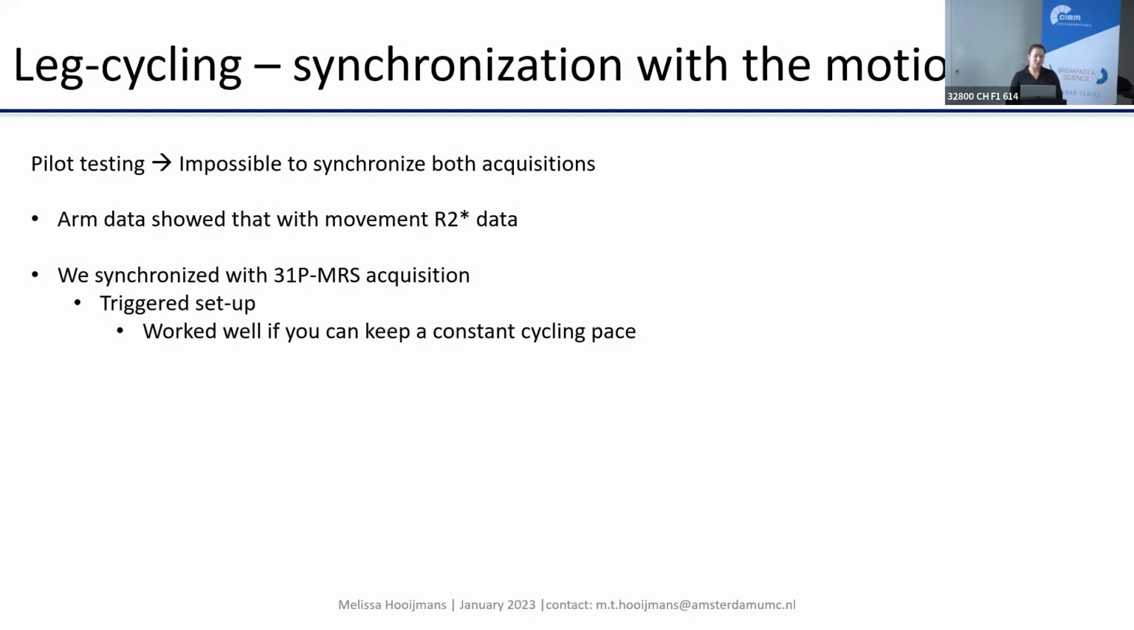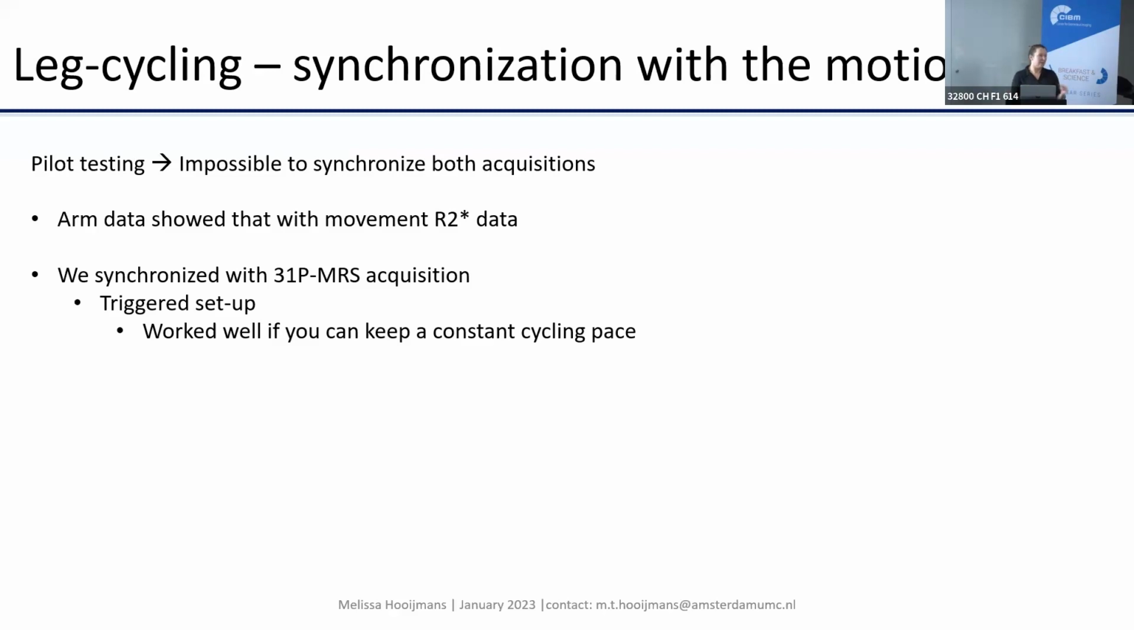But that didn't work so well, so we created a trigger which was placed on the wheel and associated with the pedal position of the leg we were imaging, and then every time in the exact same position the acquisition of the phosphorus spectrum started. And that worked quite okay if you kept a constant cycling pace, which is okay if you have healthy participants because they can, but if you end up with patients or elderly participants, they get tired and they have trouble